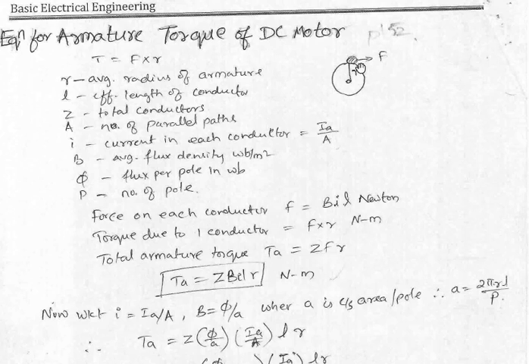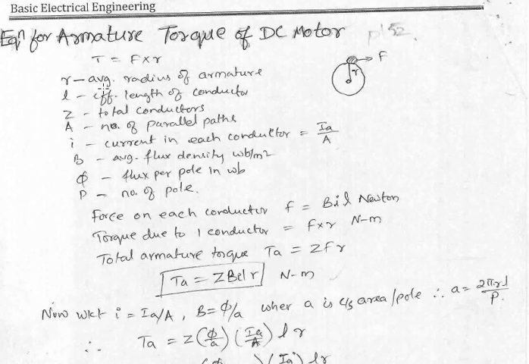This is the representation of the armature, and this is one conductor on the outer slot, that is the armature conductor, and this is the shaft center point. From the center point, the gross radius of this particular armature is lowercase r, and when a power supply is given to the motor, the force experienced by the conductor is represented by capital F. And how do we find the torque? We know the torque equation: torque is equal to force into radius. So we get torque is equal to F into R.